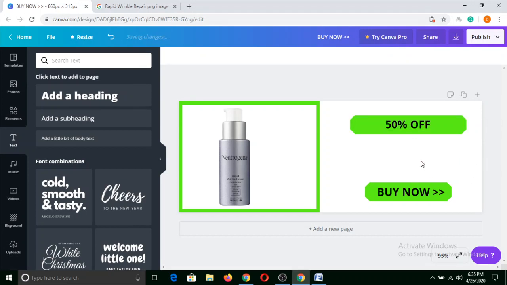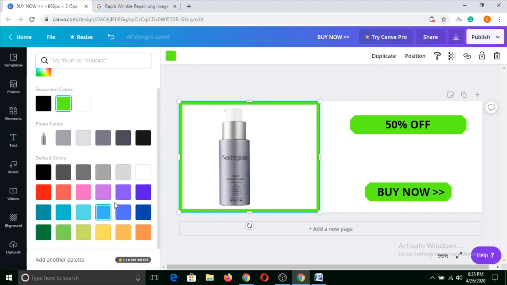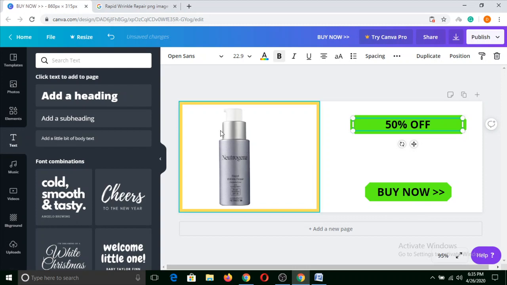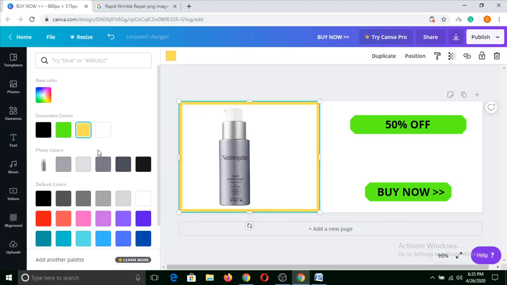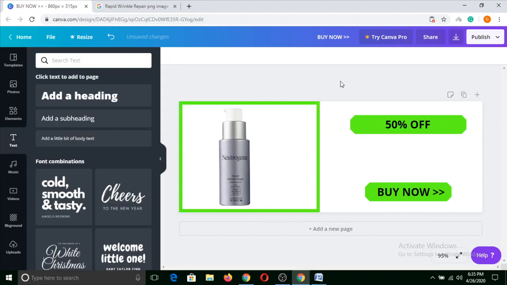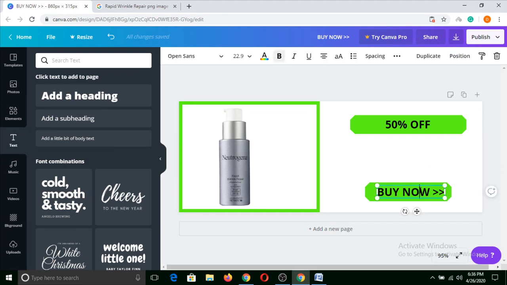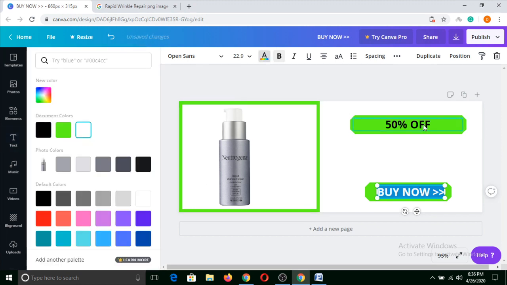So this can be our sales image. You can change the colors if you want, it's your choice. You can change the color of anything here, but I prefer green for the website because it catches attention. And now you can change the color of the text, so you can make it white.